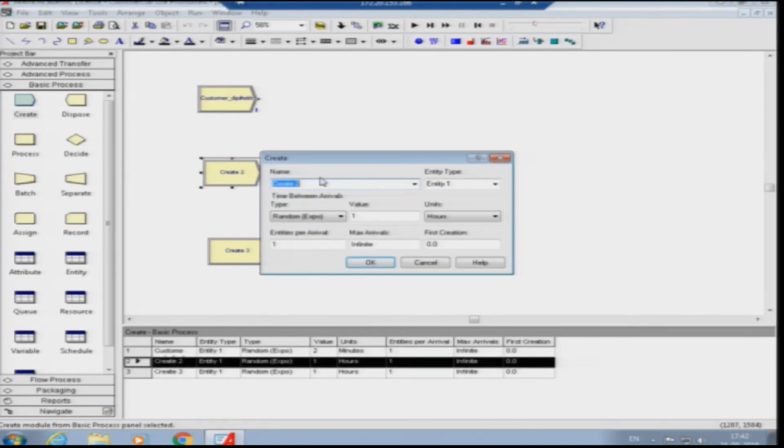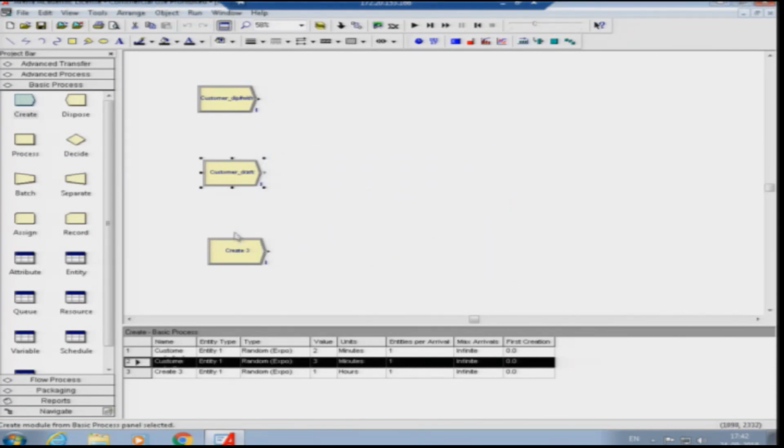Similarly here also, customer draft. So also I can put into the minutes, 3 minutes: one customer arrives in each 3 minutes.